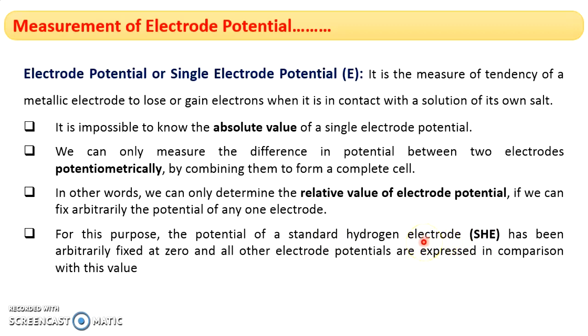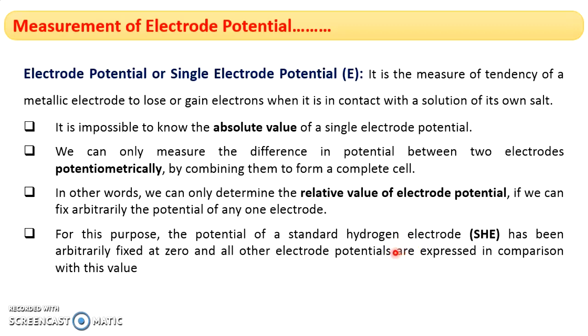Standard hydrogen electrode, that is a primary electrode, its electrode potential is fixed to 0, and then it is connected to the sample electrode potentiometrically. Then the sample electrode potential can be determined. Or we can also use calomel electrode as the reference electrode. Its electrode potential must be known to us. The calomel electrode potential depends on the concentration of potassium chloride used in that calomel electrode.